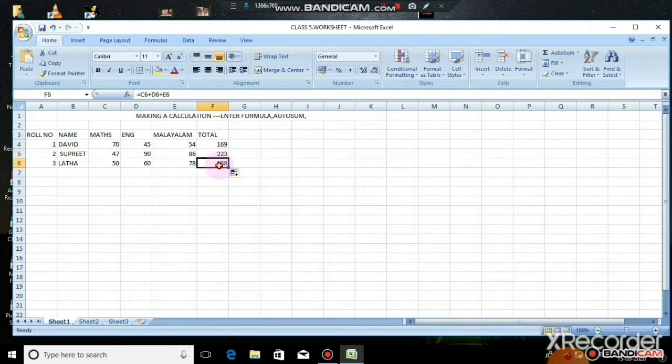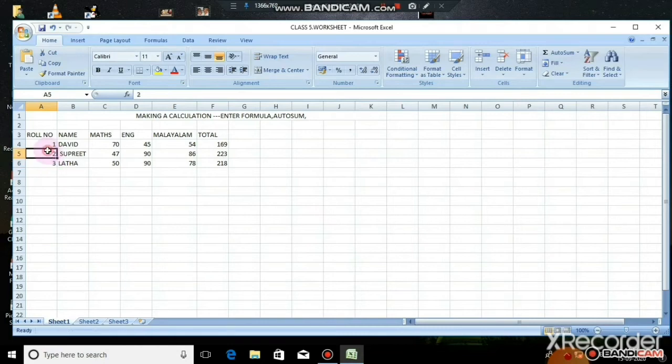The next cells are C6, D6, E6, so each cell has a specific formula. The main advantage is, now I am going to change the mark in English to 90. Now you see the total is also changed automatically. So whenever you change the mark, the total gets changed automatically.